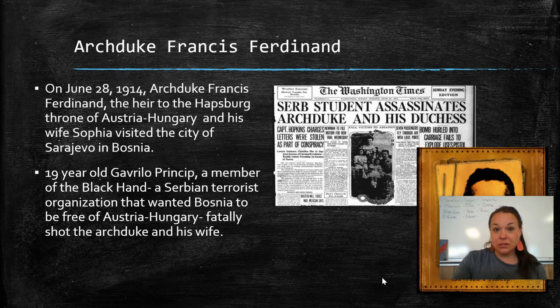Being the heir to the Austro-Hungarian throne, clearly Austria-Hungary is going to be pretty upset about this. And the next thing is Austria-Hungary knows that Serbia was definitely behind this and aided these two Bosnian men in the assassination, but they can't prove it. Okay. And Austria-Hungary has been on a steady decline, really, and we've talked about this before, for several centuries now. And they know they can go after Serbia. Okay. They know that. However, Serbia